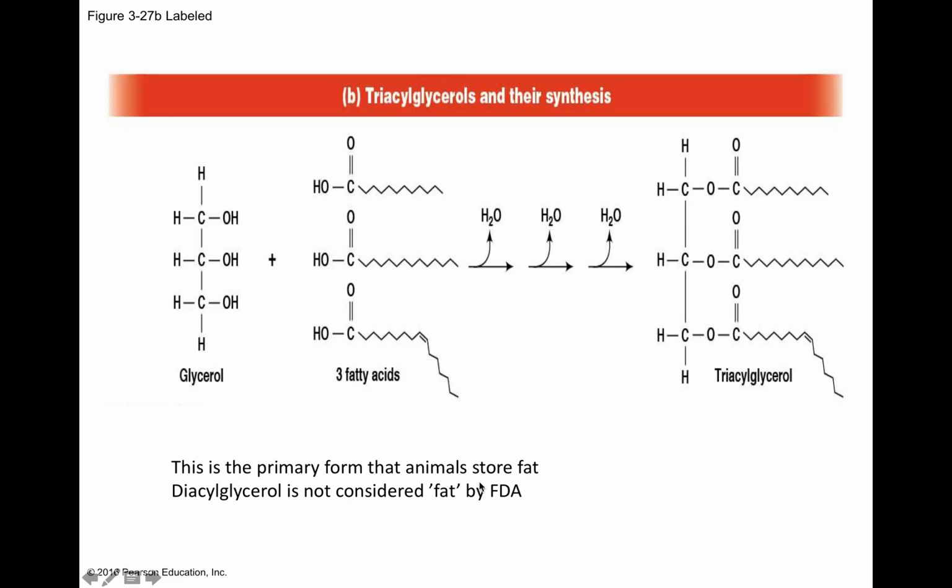If you add together fatty acids onto a glycerol molecule, you get something called triacylglycerol. Here is the acyl chain here. There's three of them. TAG, triacyl, 3 chains. Okay, they don't have to be all the same type of fatty acid. In this example, they're not. And this triacylglycerol is the primary form in which animals store fat.